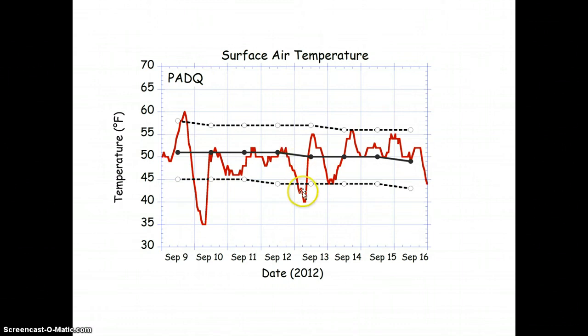And then here, on September 13th, it drops down to about 40 degrees, and then relatively fast spikes up to 55 degrees, creating a pretty large variation of 15 degrees within a few hours, and then doing it again. But it does follow a pretty general path that we were talking about, the increasing and decreasing temperatures based on the time of day that we're seeing here in September, which you would expect to see.